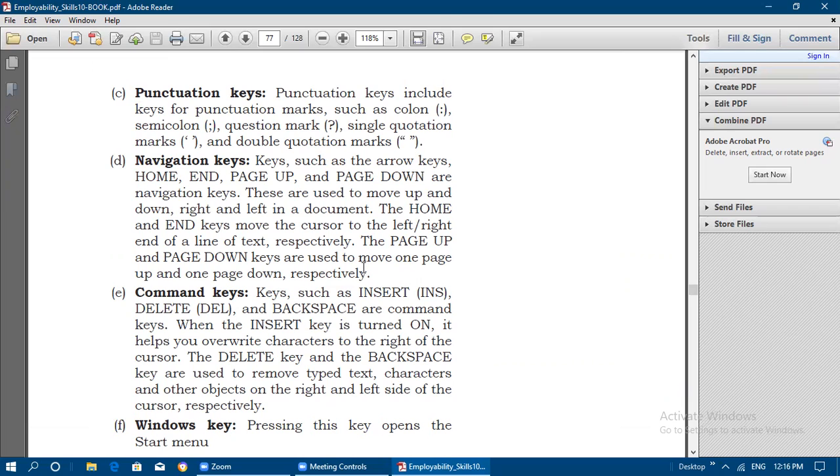For all those purposes we can use these navigation keys. So these are used to move up, down, right, left in the document. The home and end keys move the cursor to the left end and right end of the line of text. And the page up, page down keys are used to move one page up and one page down respectively.